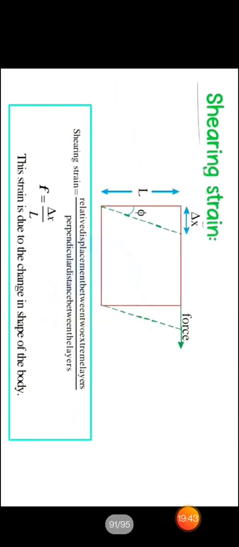Now there is a relative displacement, that is delta x, between the bottom face and the top face of the cube. Such a relative displacement of the two surfaces is called shear strain. It is calculated as follows: delta x upon L is equal to tan theta, which is approximately equal to theta when the relative displacement delta x is very small. This is the strain and stress and its types.